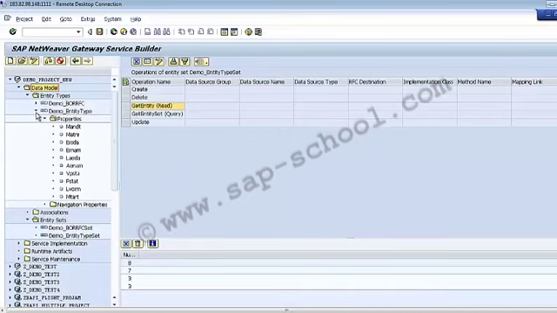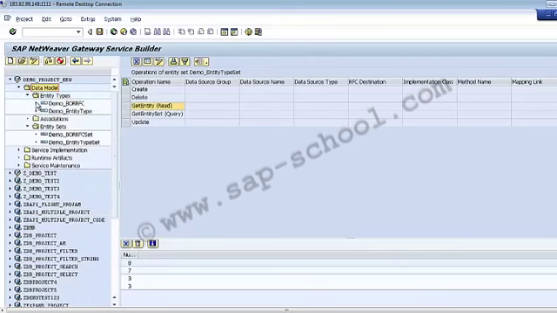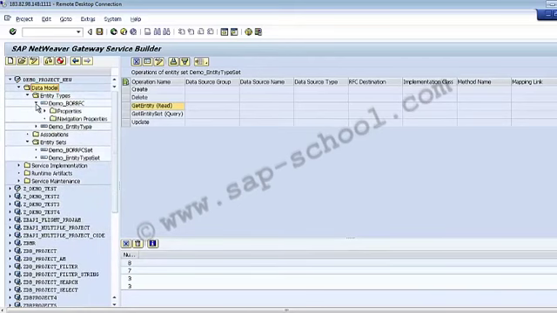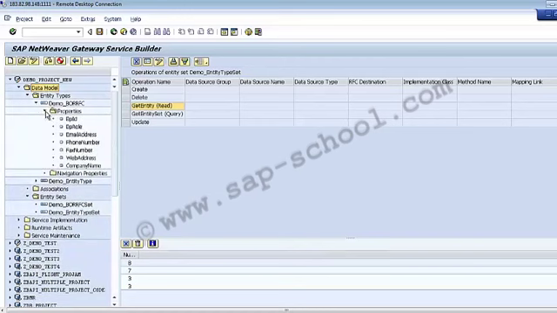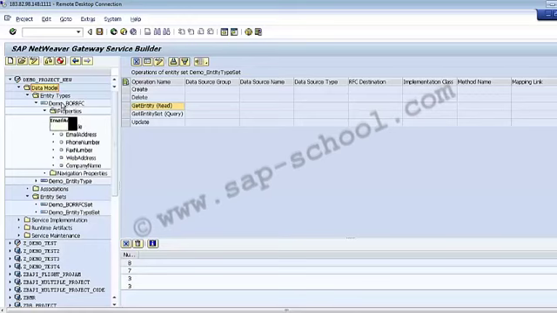So this is my demo BOR RFC, right? If I expand this, I am able to see all those properties which were there. I can see the table type properties converted as the properties under my entity types. Similarly, if it is a complex type, I would be able to see the complex type folder, and under the complex type folder I will be able to see the properties. So this way we have imported the properties here.